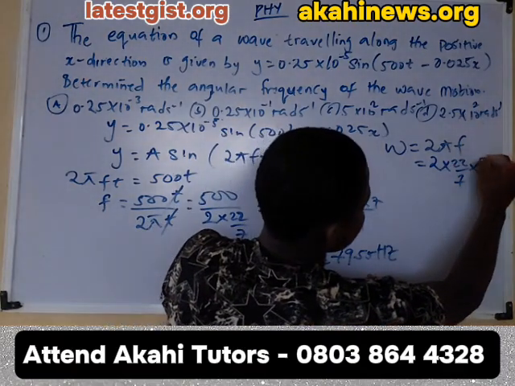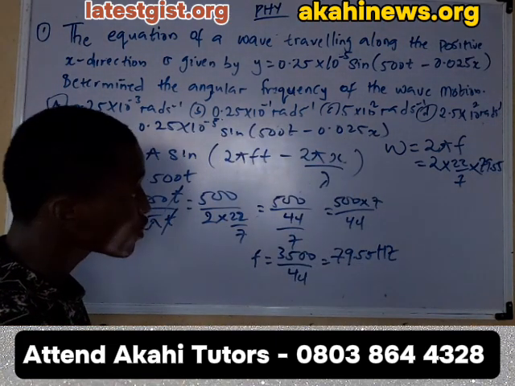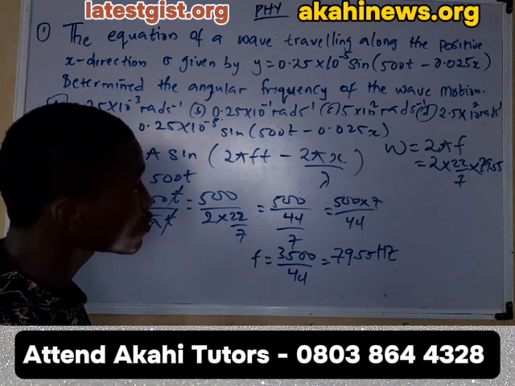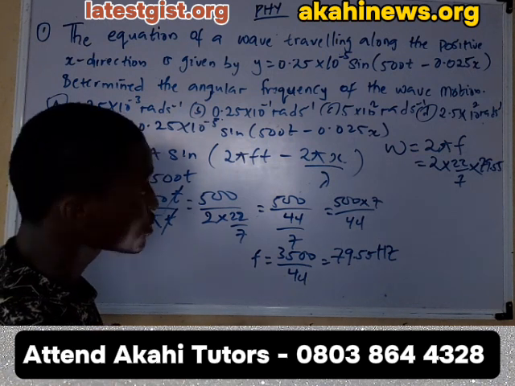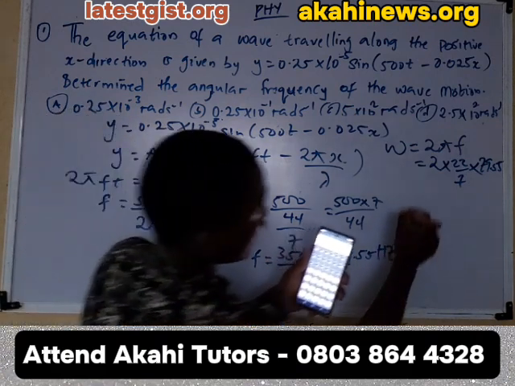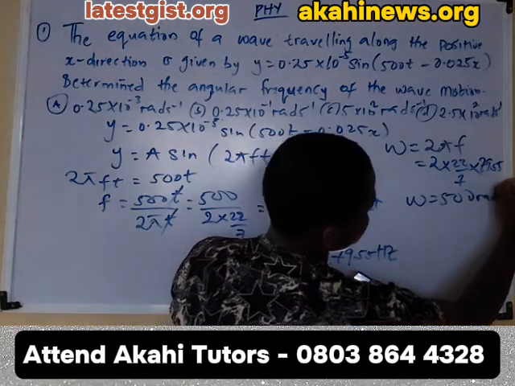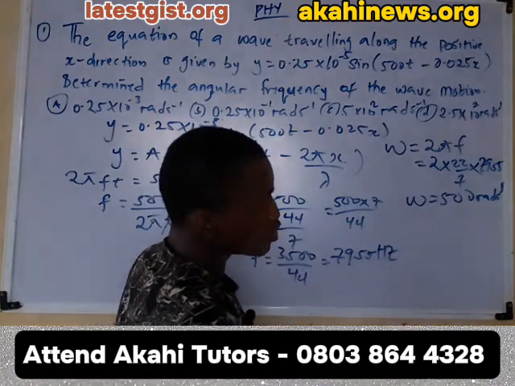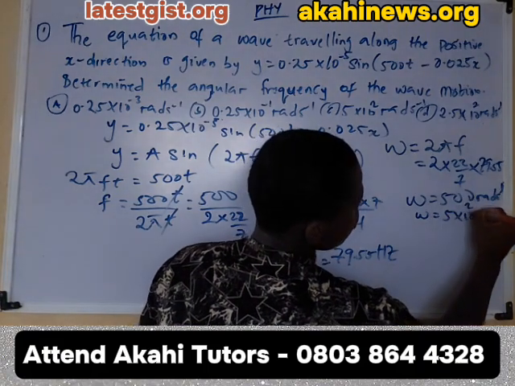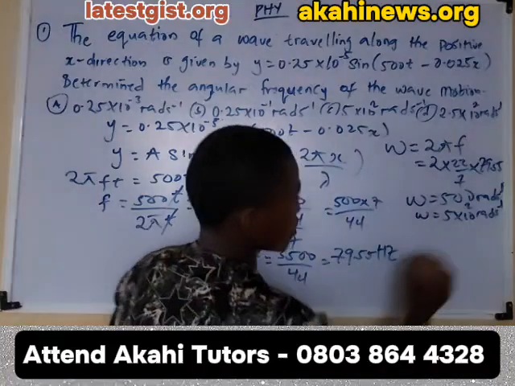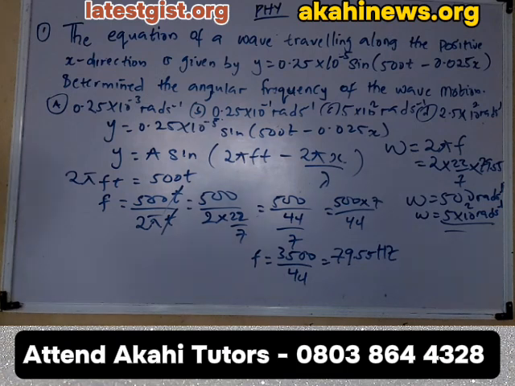We have 79.55. By doing this, we have times 22 times 2 divided by 7. We have w is equal to 500 rad per second. And when we take it to the power, we have w is equal to 5 times 10 to the power 2 rad per second. And when we go to the options, our correct answer here: